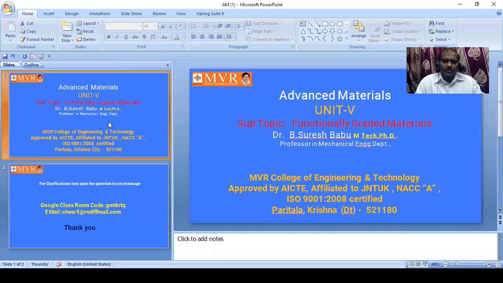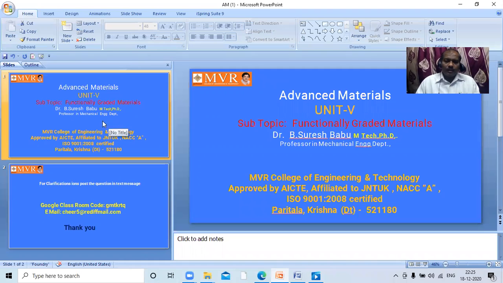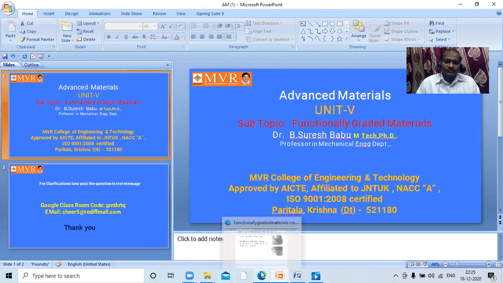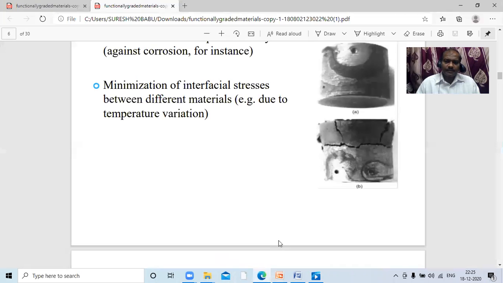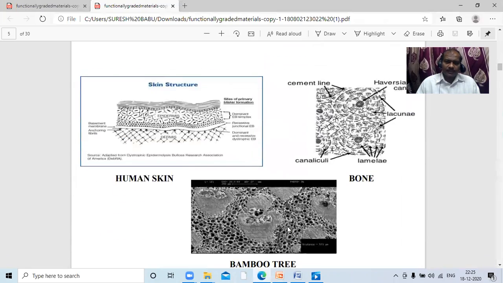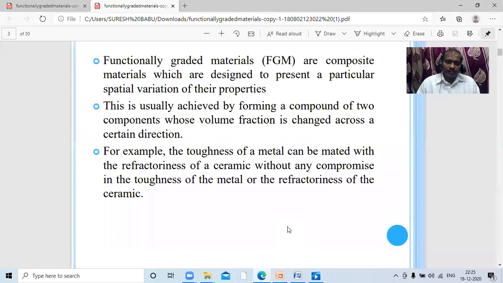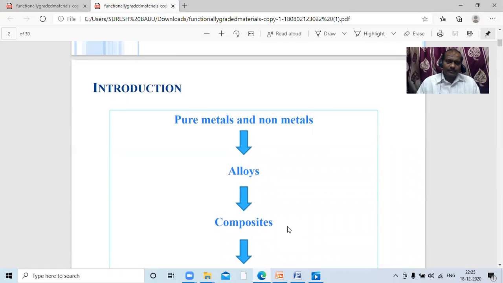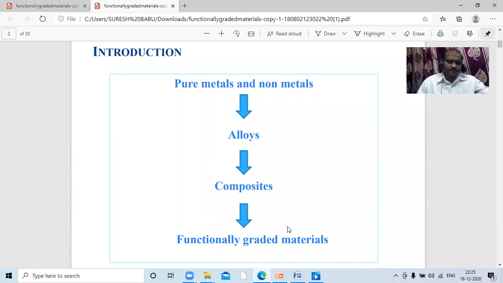Let us go to the topic of functionally graded materials. Let us go from the beginning. Okay, this is the introduction. As we are all aware,